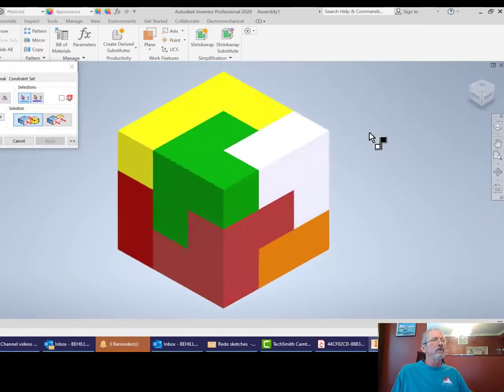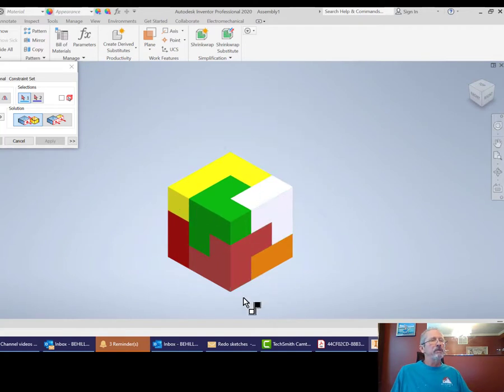And then when I come home, this should be an isometric. If this is not an isometric, generally speaking, what it means is that what you did was you did not ground your first part. One last thing that you have to be careful with, and I'm going to